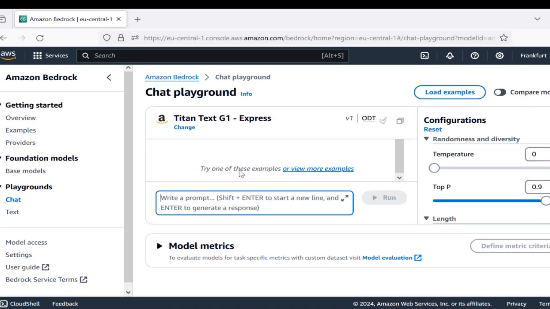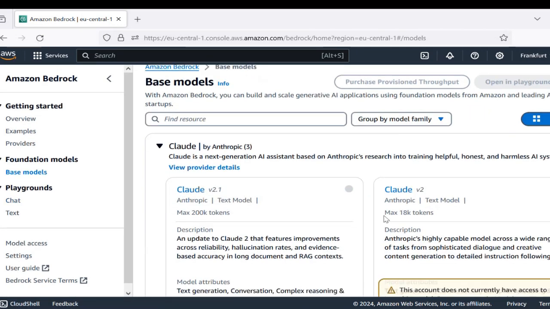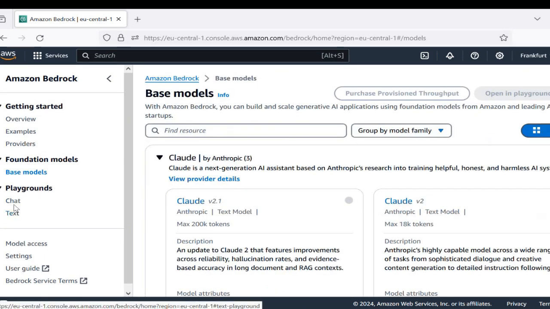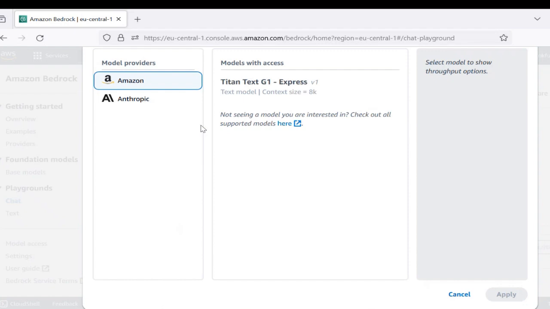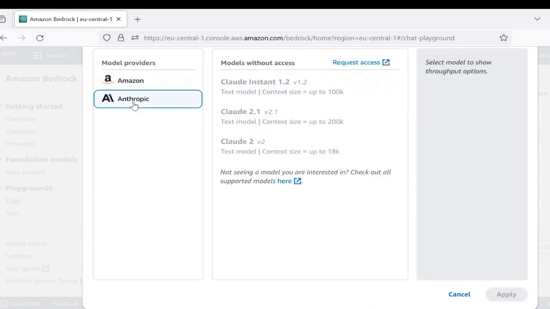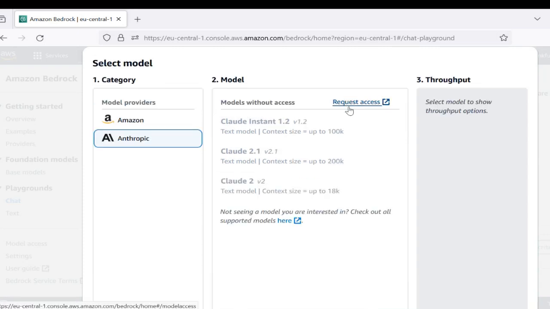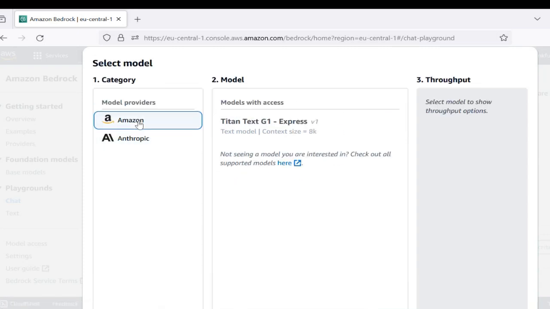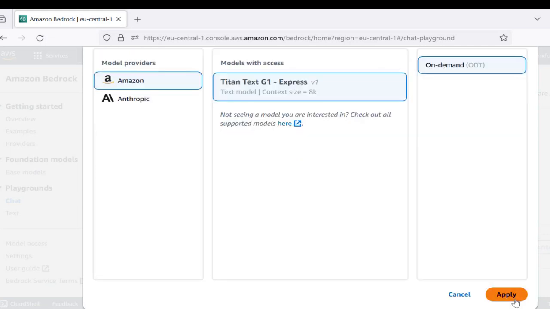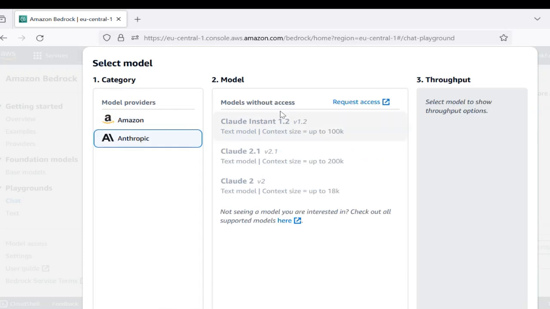If you go inside base model, you can select a particular model. I'm using Titan on demand, apply. We can use Anthropic. Now just see here, request access. For Amazon Titan on demand, just click apply, you can use it directly, whereas Anthropic is saying request access. If you click request access,